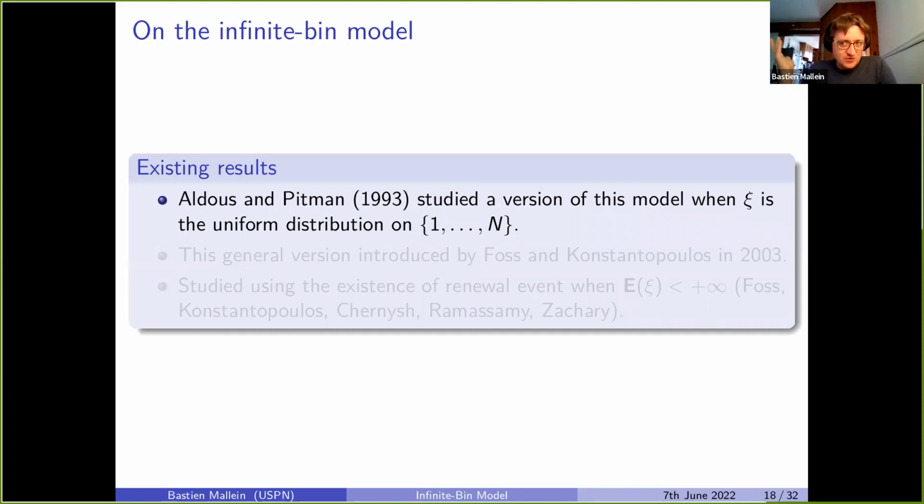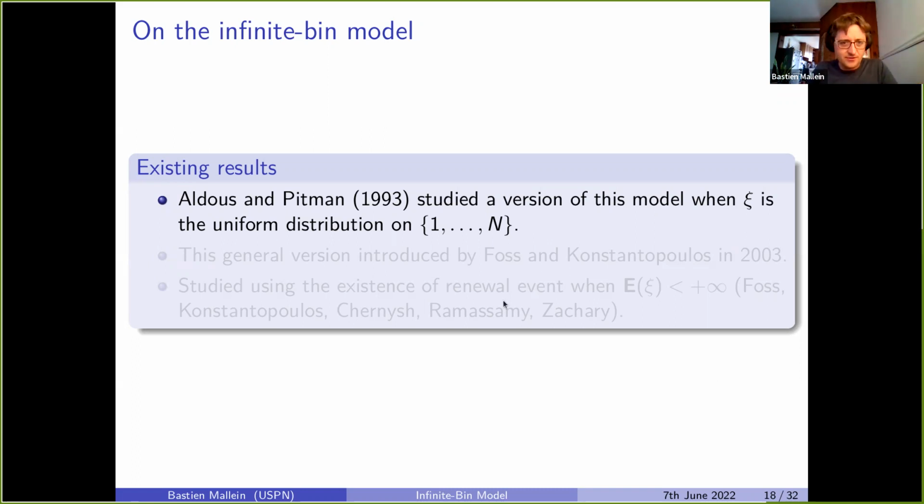So this infinite bin model was introduced and studied by several different authors under different names. For example, Aldous and Pittman studied a version of this model where psi is a uniform distribution on the integers between 1 and n. So there, at every step, you choose one of the n rightmost balls, and you add a new ball exactly to its right. And actually, you can think of this model as a continuous time branching random walk, where you have particles that reproduce independently at exponential times, but at every time, if you have more than n particles, then you immediately kill the leftmost one.